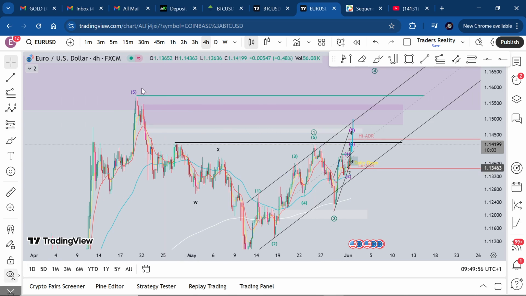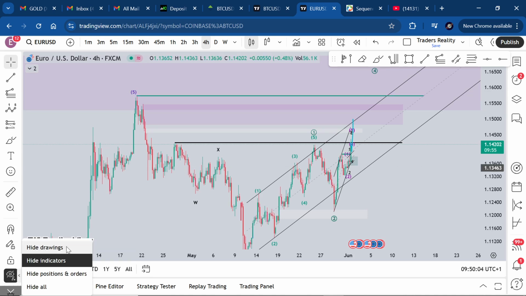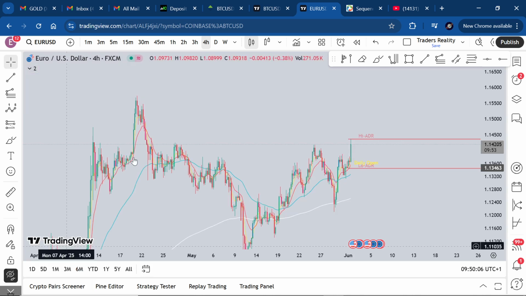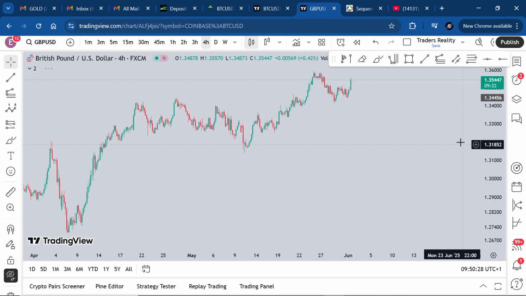This swing high over here, I want to remove these drawings. So the swing high over here is the target. We might not hit it today, but I do expect us to at least be in the supply zone today. So that's my analysis on EURUSD. Looking for some form of pullback into this type of area to then continue with the bullish price action that we're already receiving. If we go to GBPUSD